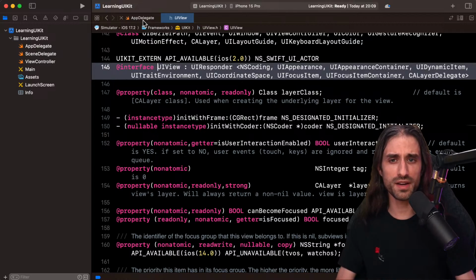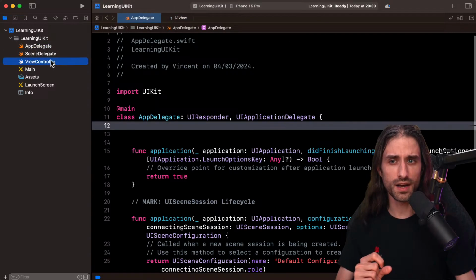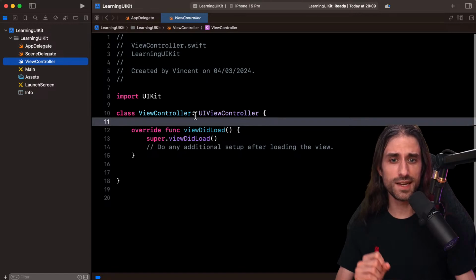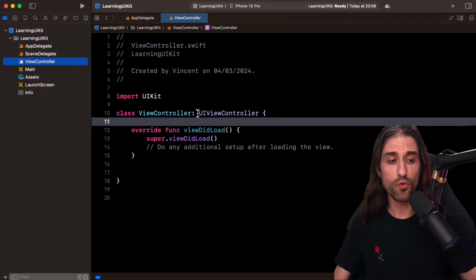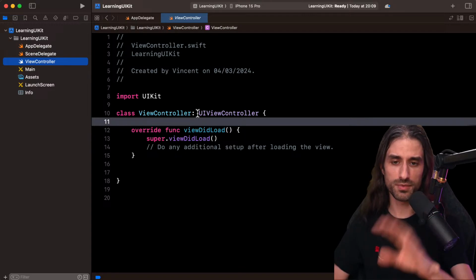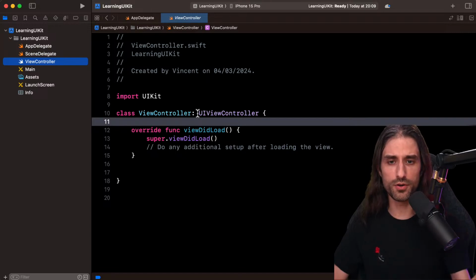So the first thing that's important to have in mind is that the view in SwiftUI is basically the equivalent of the view controller with a view. So what's the difference between a view controller and a view? The role of a view is simply to take care of displaying some data on the UI. So you give it some data, it displays it on the UI using a label, using an image view, using a scroll view, whatever. And the job of a view controller is to own a view and to also take care of all of the presentation lifecycle.